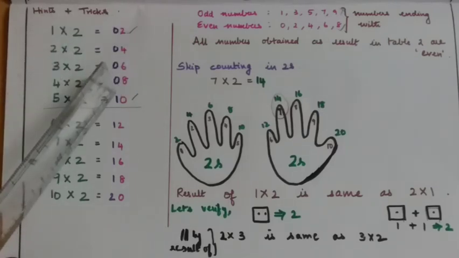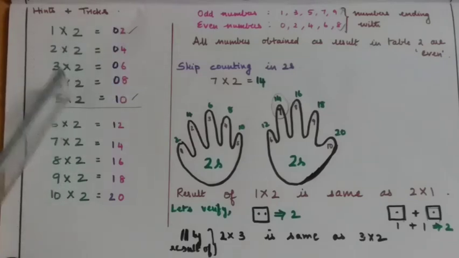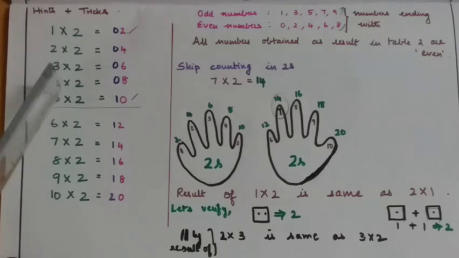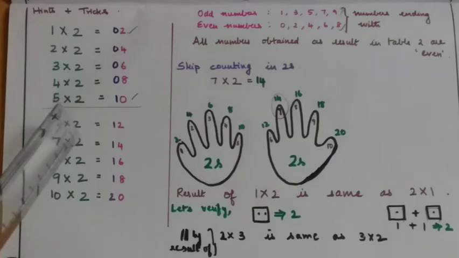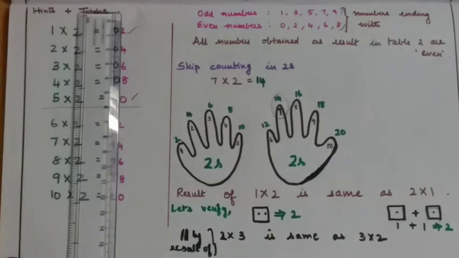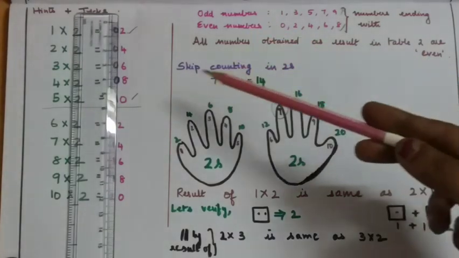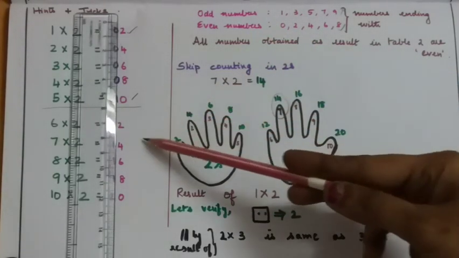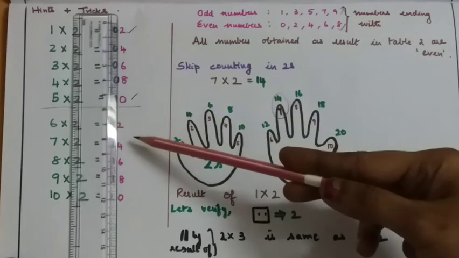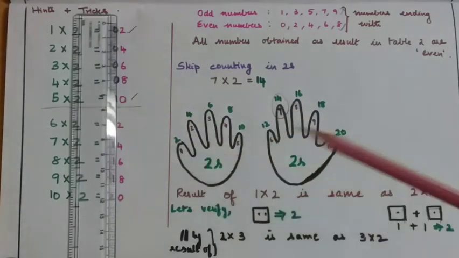So once your kid is clear with the first 5 rows of table 2 and they are able to answer when they are questioned in random, then you can move to the second part of the table 2. Now for making the kids memorize the second part, we are going to compare it with the first part of the table 2. If you compare the first 4 rows of part 1 and part 2 of table 2, we